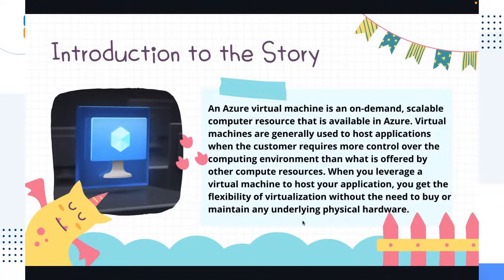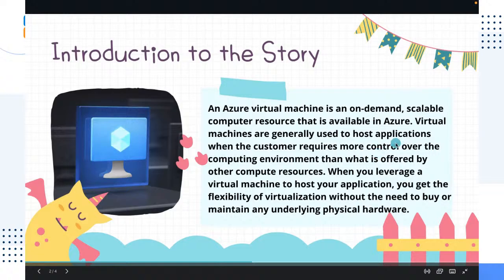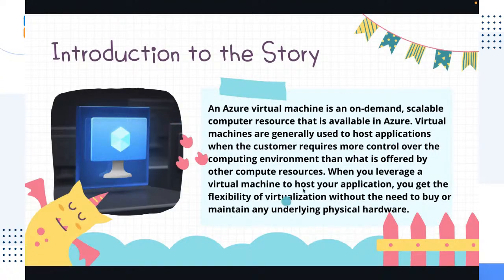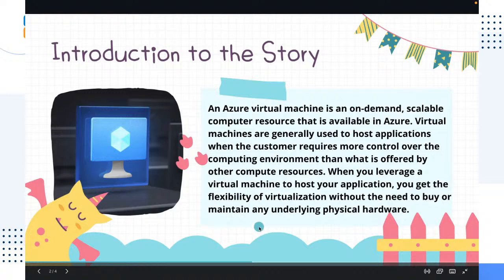By resources I mean the amount of RAM, the amount of storage, and the kind of processor your system is running, i3, i5, i7, Xeon, anything. All of that is managed and maintained by your cloud provider. And of course that's one of the key benefits of using cloud native products. So that's in short all about a virtual machine, and now we are going to create one and deploy